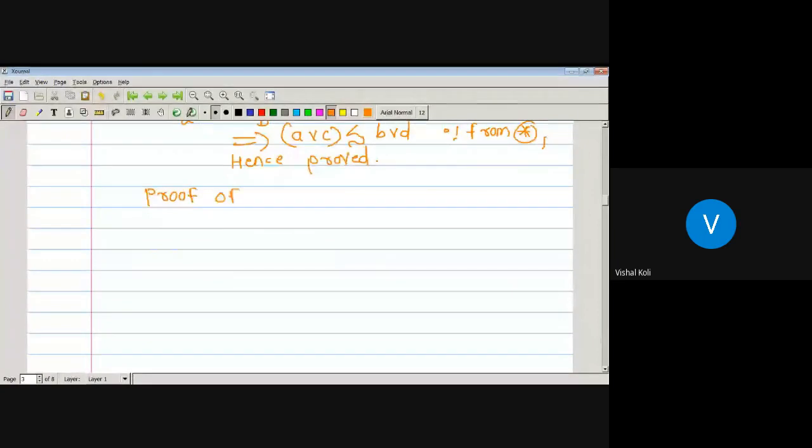Result. Hence, now the proof of 4 is similar. Now, the next theorem will be